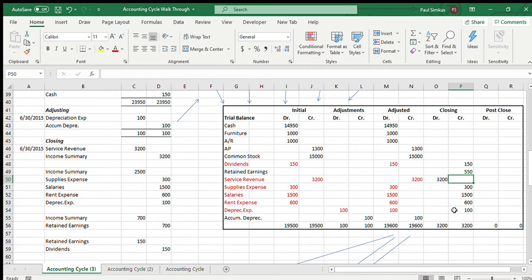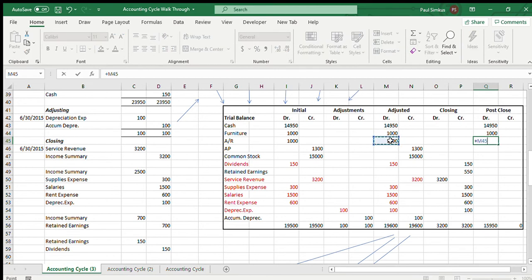We do that, and we basically have zeroed out all the temporary accounts. And everything has now moved over to retained earnings. Your net income is 700, less the dividends you paid, 150. If you move these accounts over now, after adjustment,